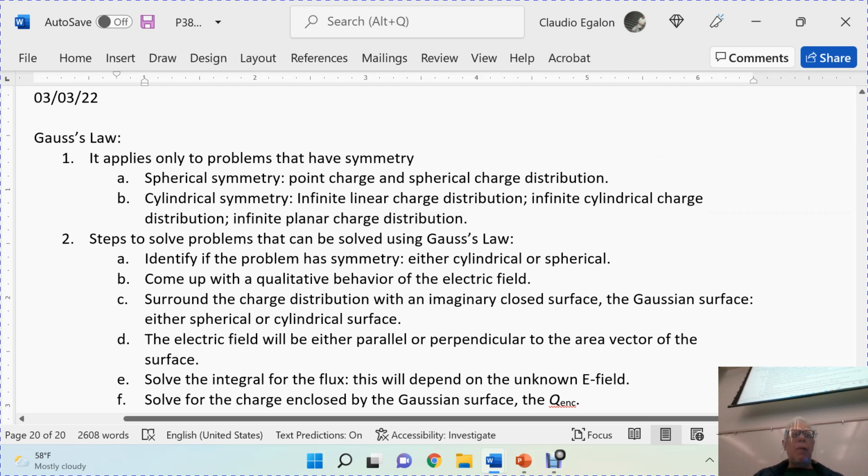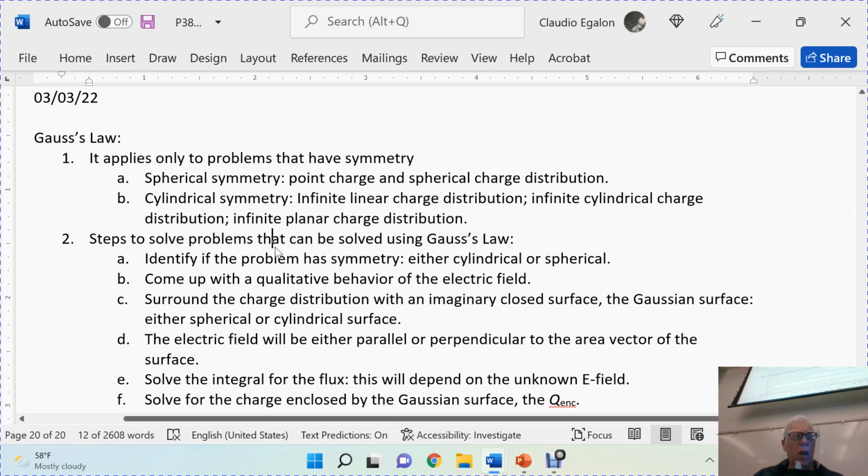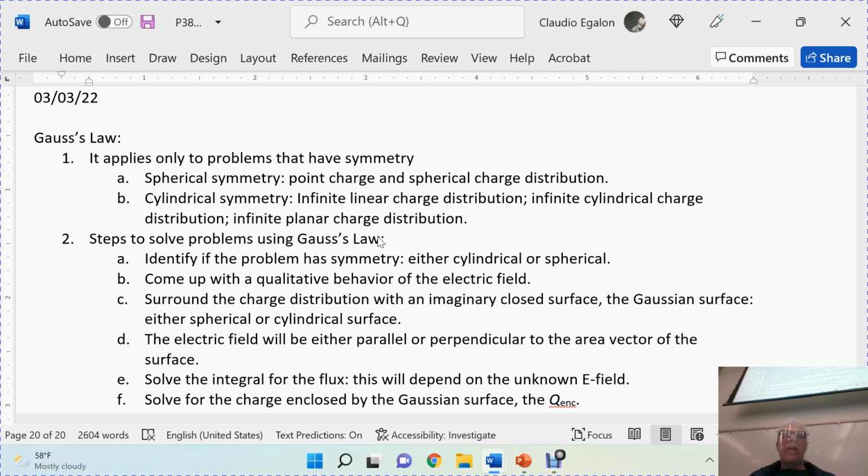Steps to solve problems using Gauss's law. Here you go. First, I identify the problem has symmetry, either cylindrical or spherical. Identify if the charge distribution has symmetry. If you have a spherical charge distribution, okay, that's a uniform charge distribution, this problem will have